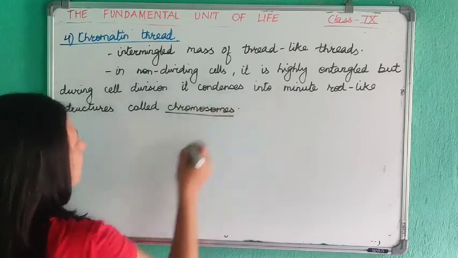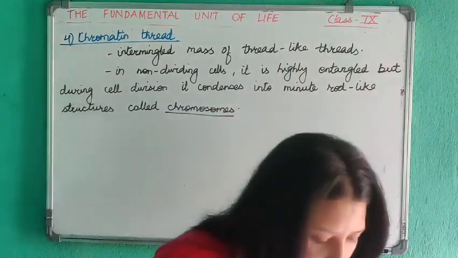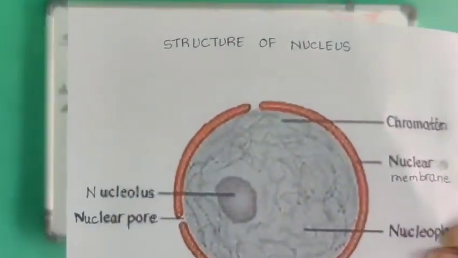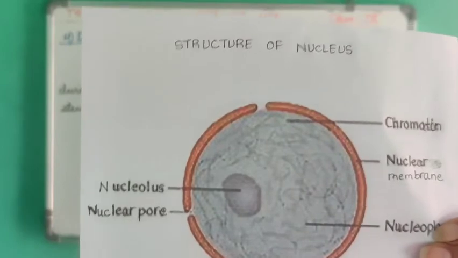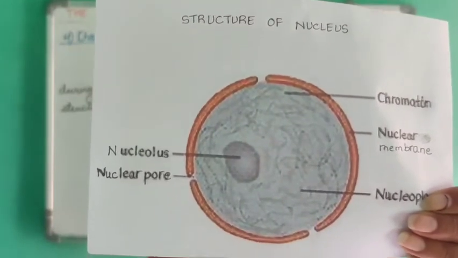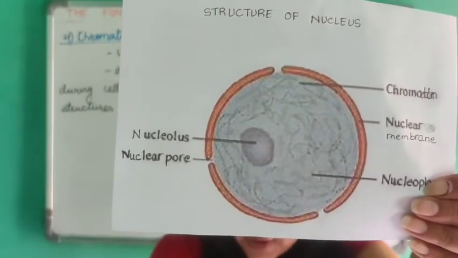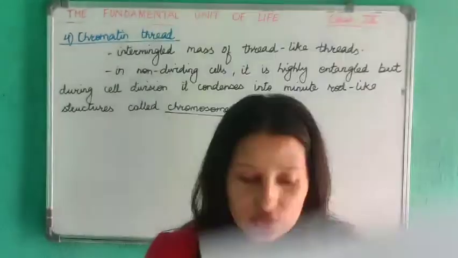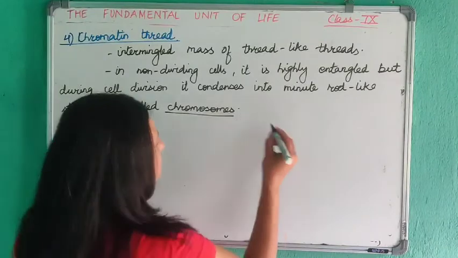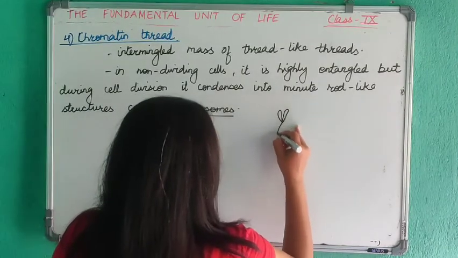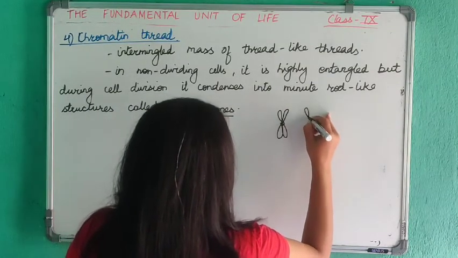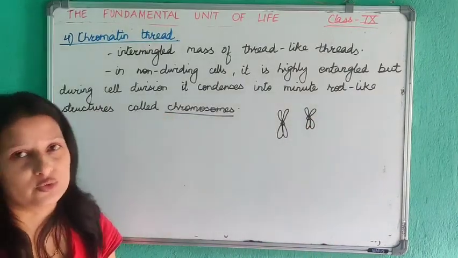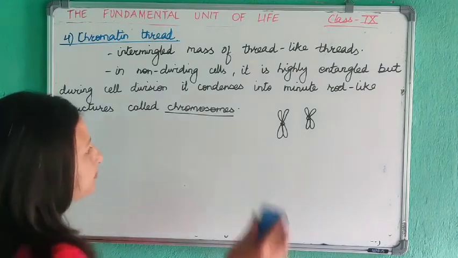Okay, non-dividing cells मा चाहिँ यस्तो गाँठो परिएको धागो जस्तो, मसिनो मज्जाले हेर्नुभयो भने मसिनो धागो जस्तो छ. सो नन डिभाइडिङ सेल्समा चाहिँ गाँठो परिएको जस्तै हुन्छ. तर जब यो डिभाइडिङ हुन्छ त्यति बेला चाहिँ यो कन्डेन्स इन्टु सर्ट स्ट्रक्चर्स दैट आर नोन एज क्रोमोसोम्स. त्यति बेला डिभाइडिङ हुँदाखेरि चाहिँ यस्तो पाराले सर्ट स्ट्रक्चर्समा कन्डेन्स हुन्छ. ओके, अनि यस्तोलाई चाहिँ हामी भन्छौँ क्रोमोसोम्स. अलराइट, नाउ